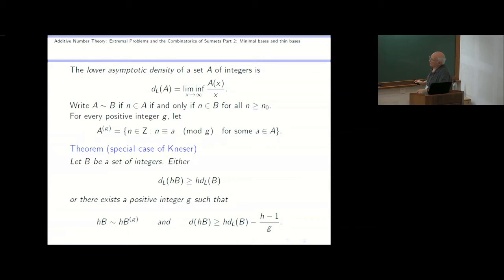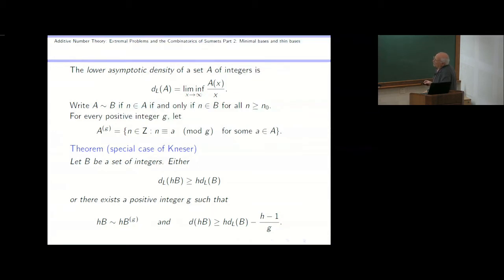So on the left-hand side, you have a half. And because a half is not greater than or equal to 1, this isn't true. But Kneser tells us that if this isn't true, that happens only in a very special case. And that is where B has a very special kind of structure. B is essentially a union of congruence classes. And this basically reduces to the Cauchy-Davenport theorem. And in the Cauchy-Davenport theorem, there's that minus 1 that you see. So Kneser's theorem says that if this inequality fails to hold, then there's a positive integer